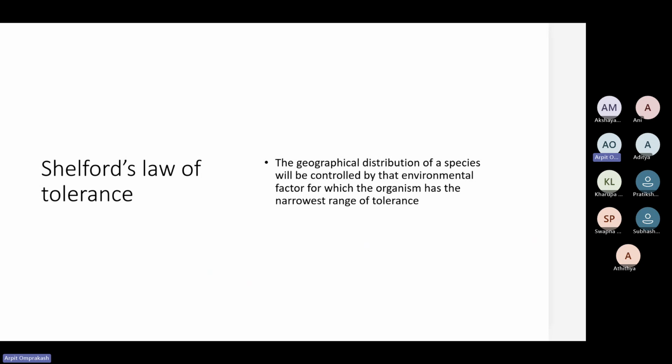Next, we have something called Shelford's law of tolerance. This basically states that the geographical distribution of a species will be controlled by the environmental factor for which the organism has the narrowest range of tolerance. So let's say we have a species, species A, which can tolerate temperatures from 10 degrees Celsius to 40 degrees Celsius,